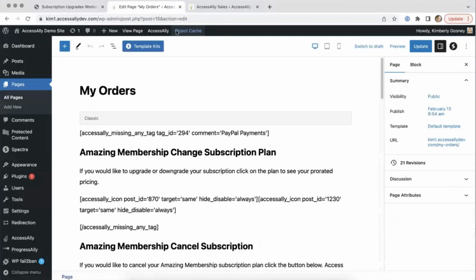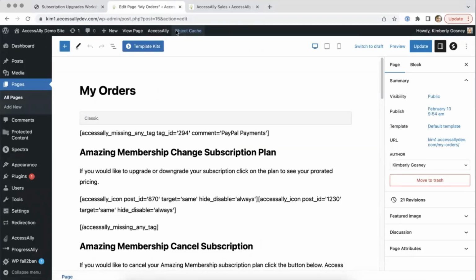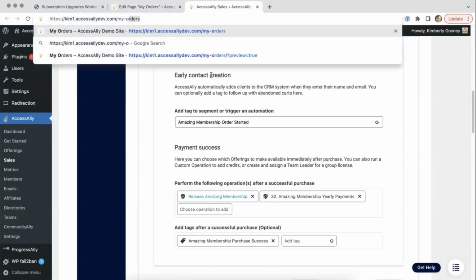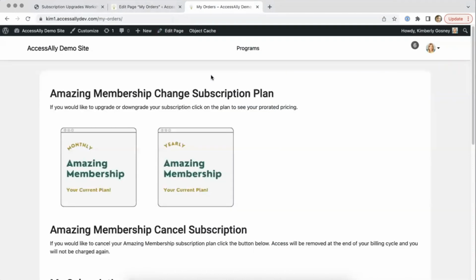And first we'll talk about the top section, which is covering the subscription plan. So I'm going to also open a tab in my browser so we can see the completed view, because these parts will be hidden or shown depending. So the first part we're covering is the subscription plan for changing their plan. This is the part that they can't do if they paid in PayPal. So I want to hide it for PayPal customers